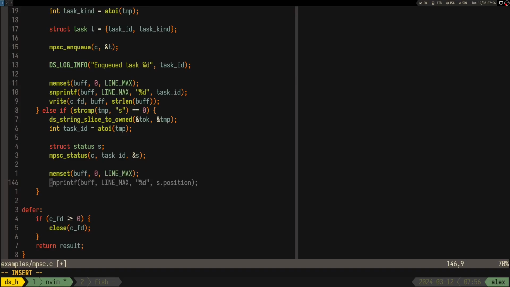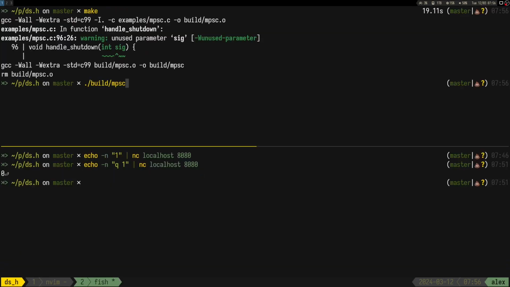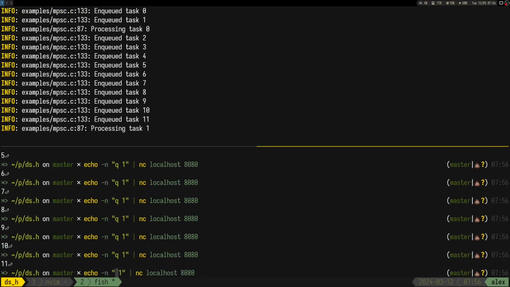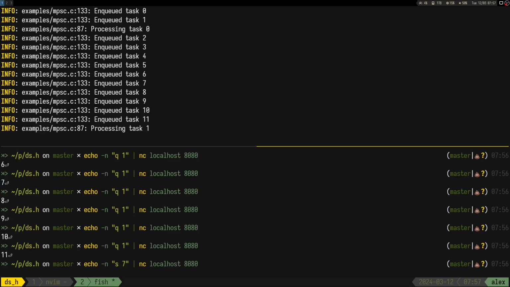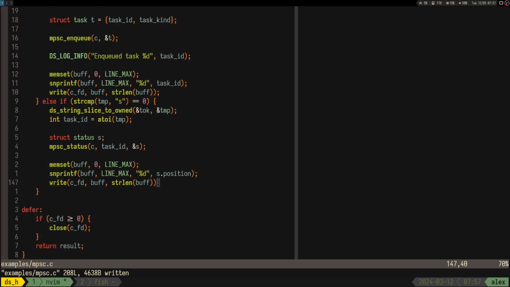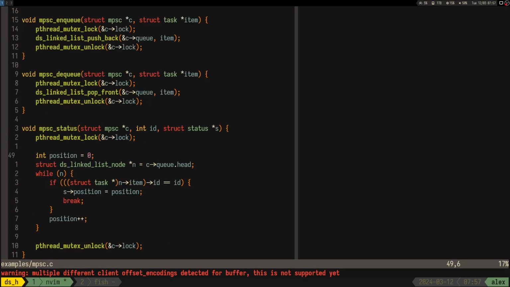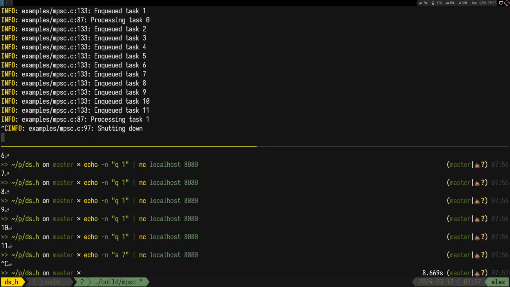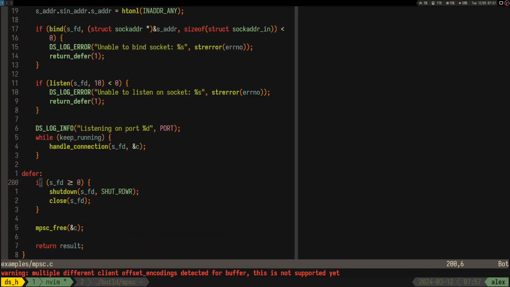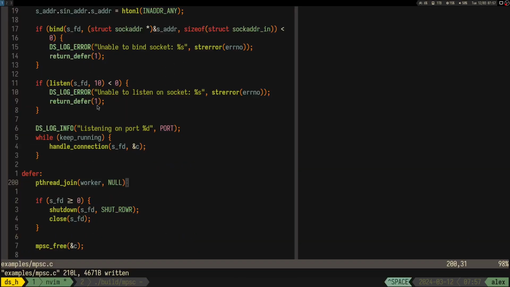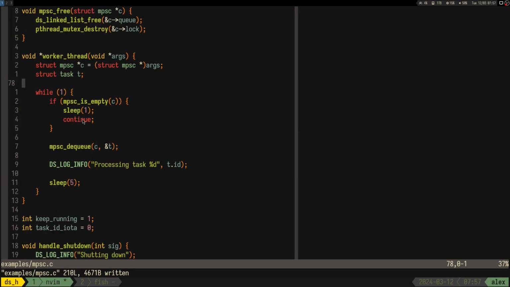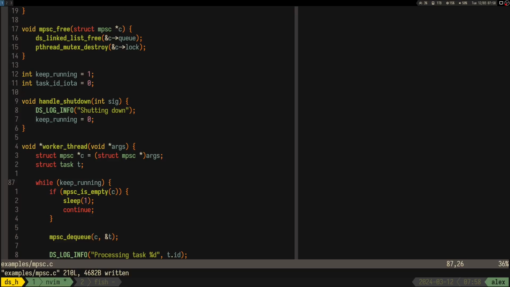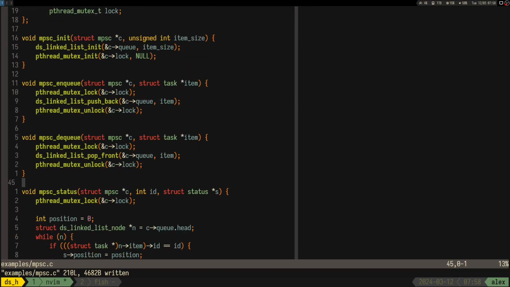But I guess the idea is pretty similar to the other one. We get the ID from the message, and then we call the status function, which gives us back the position in queue. That's the only thing it does. I figured out that I forgot about the next position, and I also saw that I forgot about waiting for the worker thread to finish. So I also added that,